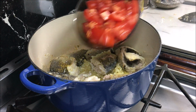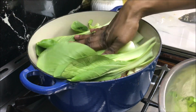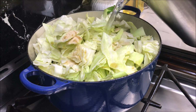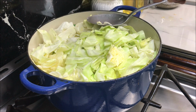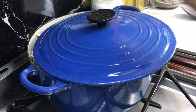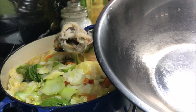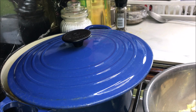seconds. Add tomatoes, carrots, chilies, onions, bok choy, cabbage, fish sauce, seasoning, and about 4 to 5 cups of hot water. Push it down lightly with a spoon, put a lid on, leaving a small gap, and cook it for 10 minutes. After 10 minutes, take all the fish pieces out, put the lid back on and let it cook